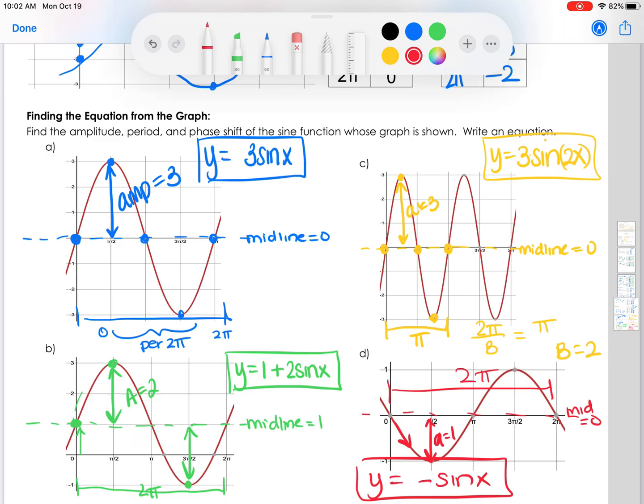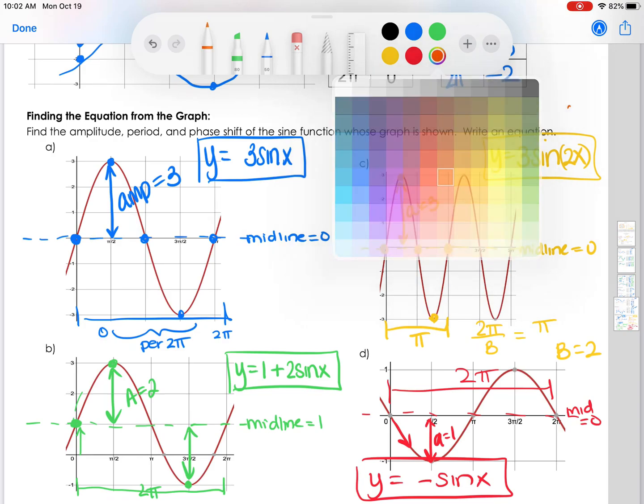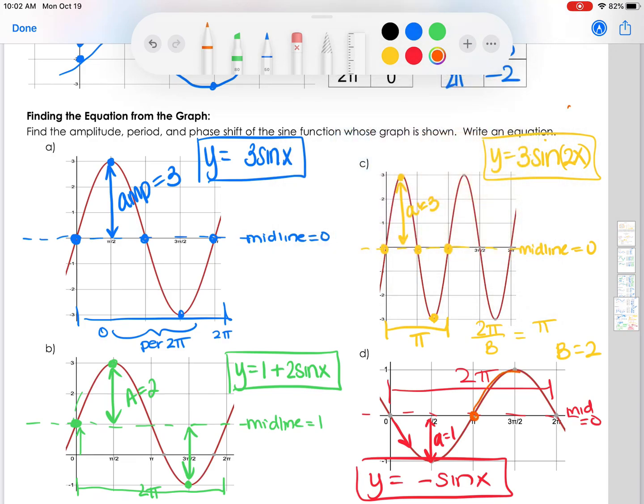Though I could have thought of this another way. I could have thought of this as being a phase shift. If this was the start of my graph, maybe this orange part, I could have said that really I've taken my original and shifted it to the right, a whole pi. So that would be another option too, saying that it was a normal sine, I just moved it to the right pi spaces. So I could say that y is equal to sine of x to the right would be minus